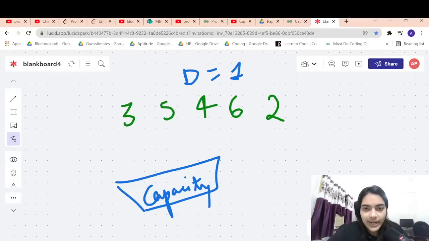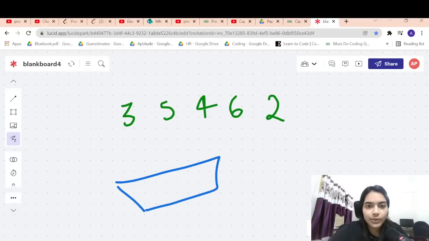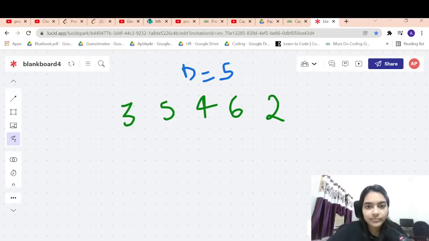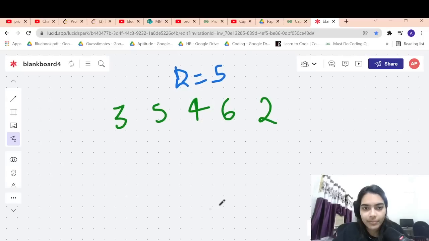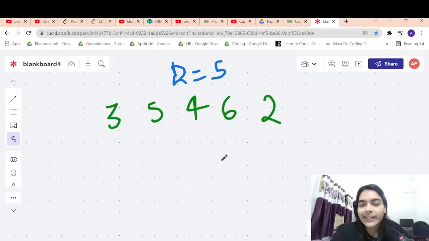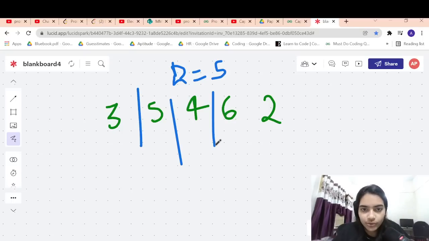Okay, let's say that the number of days that you have is equal to 5. In that case you have options, right? Because you have to at least carry the goods one on each day, right? So in this case you can divide into 5 partitions and you will be able to get the weight.